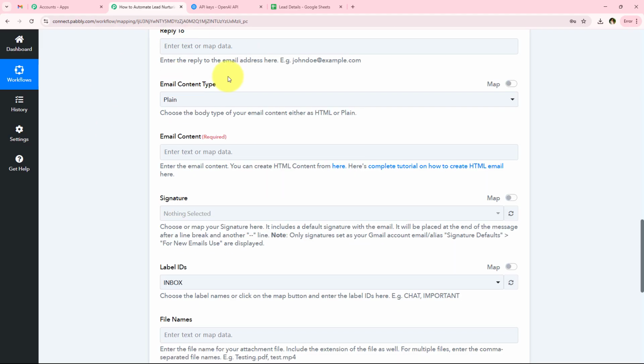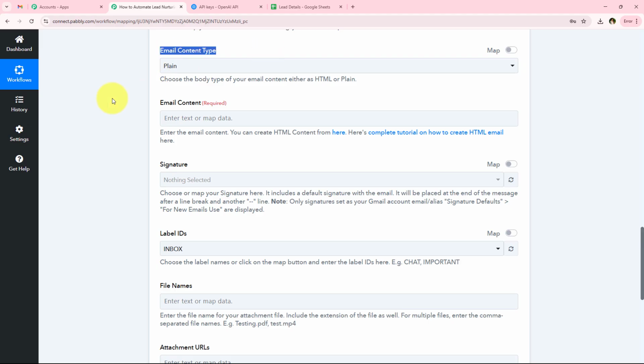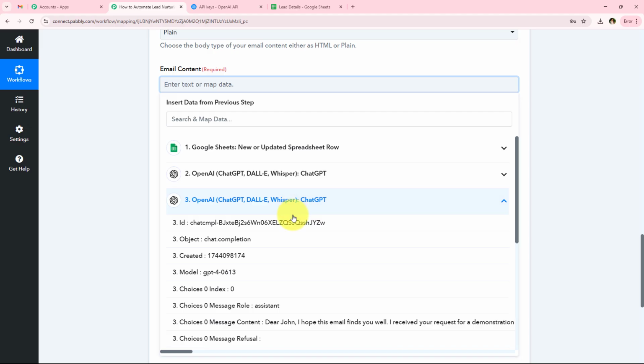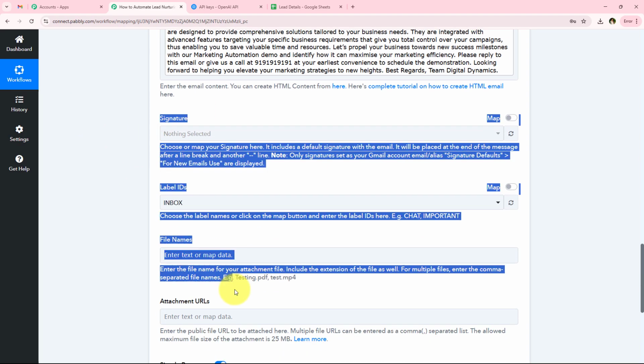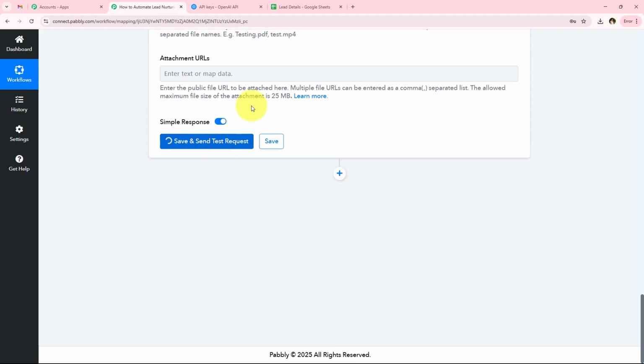It is asking me for the reply to, so this email is not a reply email. I'm just going to leave it blank. Select the email content type as plain only, and now I'm just going to enter the email content which we received from our OpenAI response. Now we're going to move on forward. It is asking me for many other details. We're only going to fill in the details which are required and click on this save and send test request. And as soon as we click on this save and send test request button right over here,